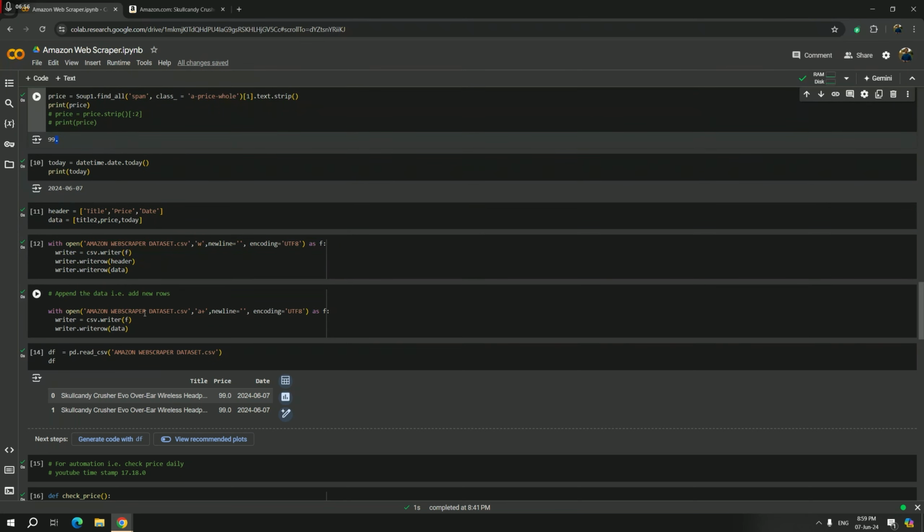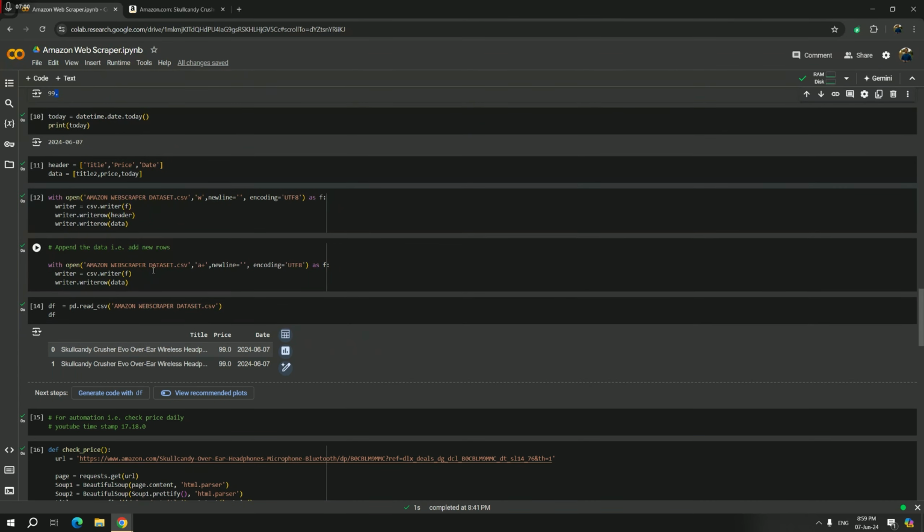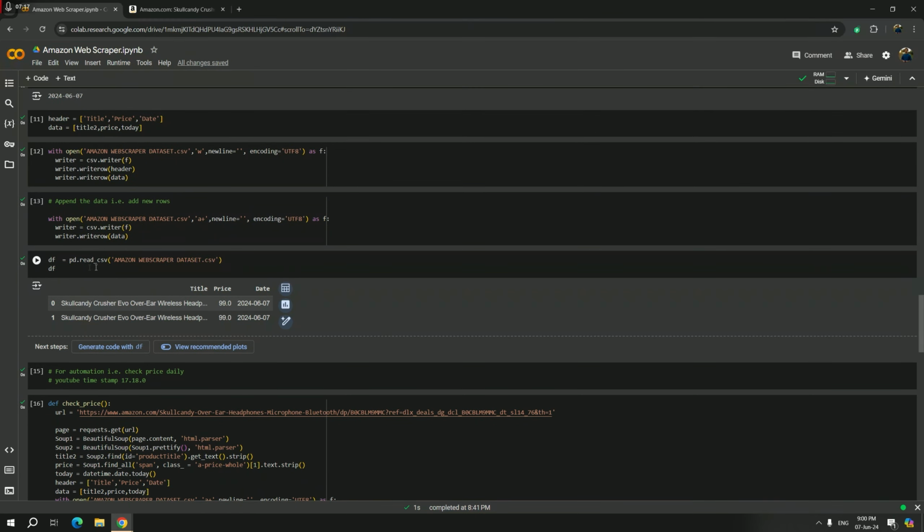Now to append the data, when we have a new row of data, we will use these lines to append. This is the A plus, and this was W. A plus appends this new data. The W creates a new file. So okay, then